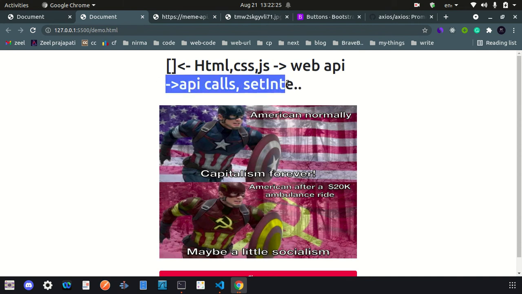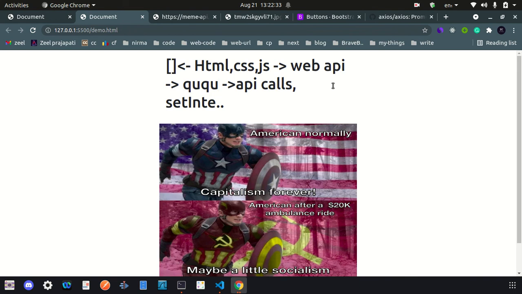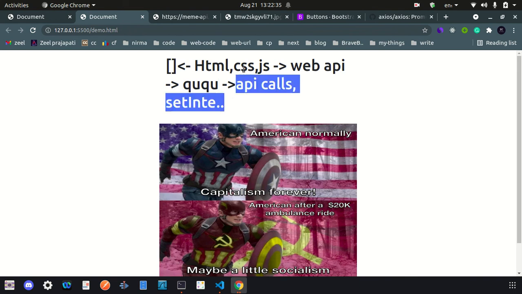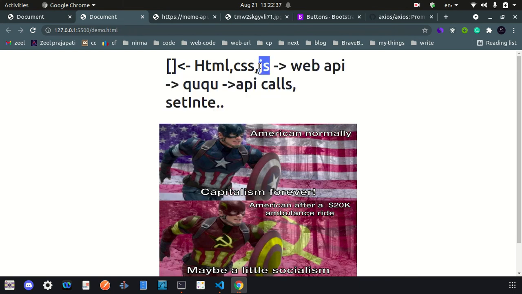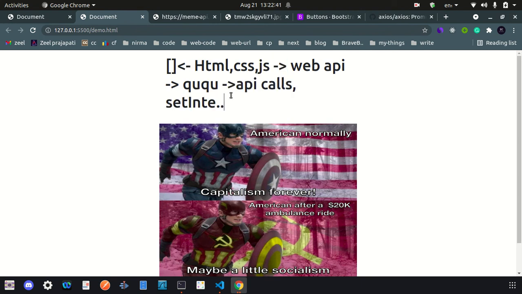They go to the web API, and there they execute, and a queue is created. Based on the queue, when our main JavaScript stack is empty, that answer goes to our stack and executes.